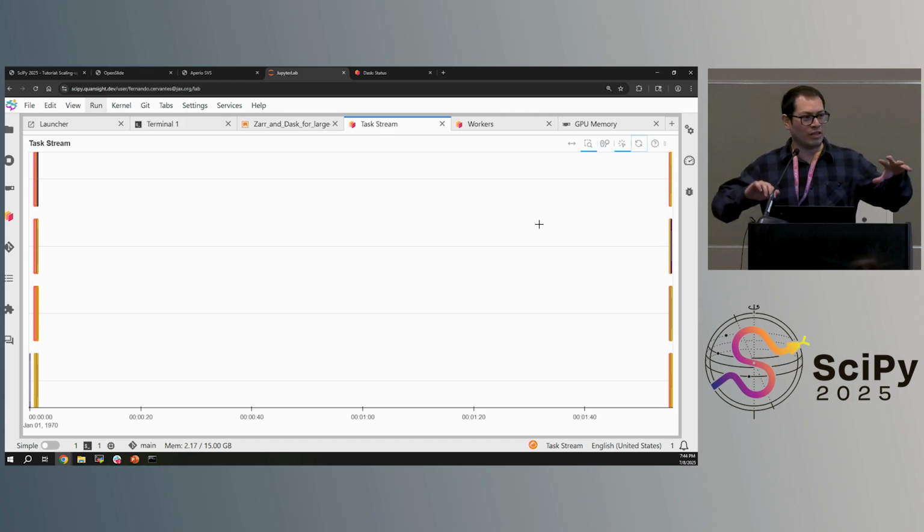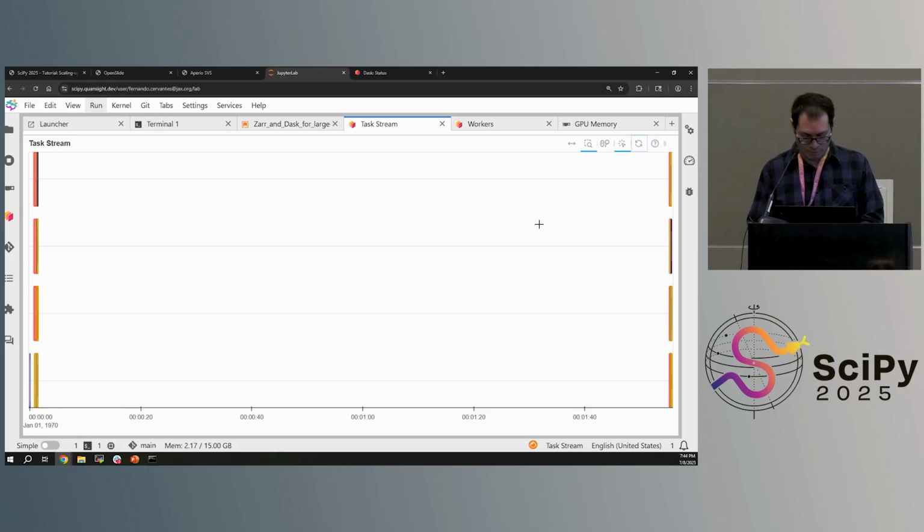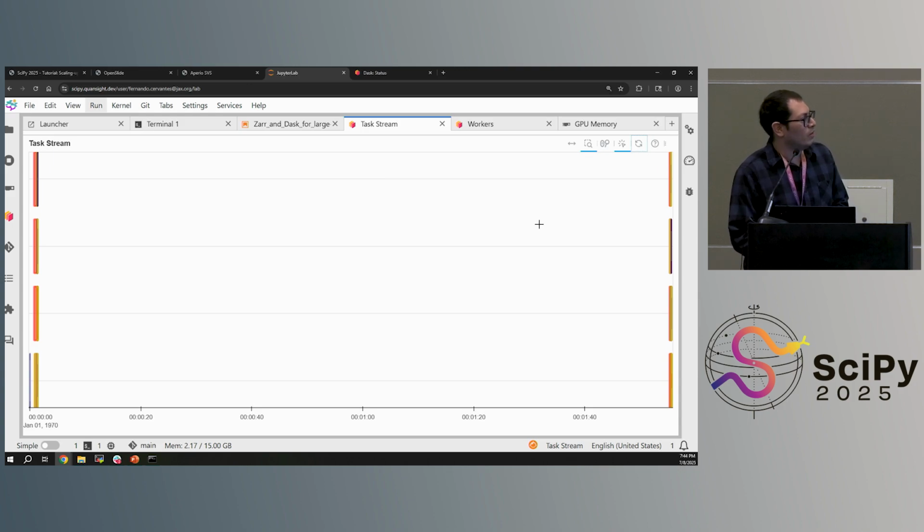Then in order to actually use that cluster for computations within our session, we will need to create a client that is just calling the cluster.get_client function. And then if you inspect this client object, it has this nice display of what is actually happening. So this cluster is running in the background of your computer. By default, it's trying to take as many workers as processors you have in your system,